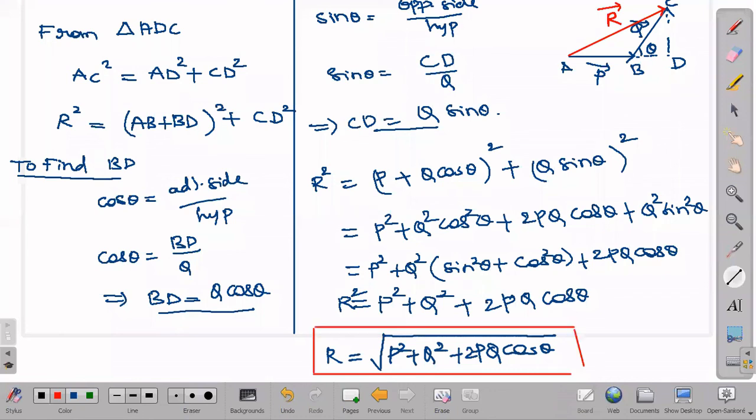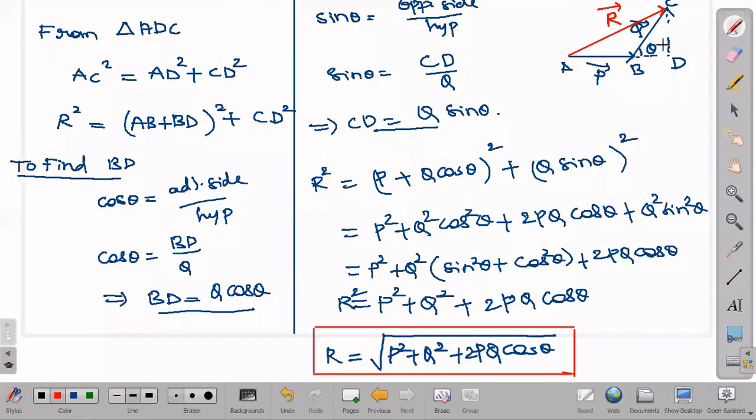Right, so this is how we find the resultant magnitude of the addition of two vectors. When we are adding two vectors and want the resultant, we have to do this when they are inclined to each other. If they are not inclined, if the angle between the two vectors is 0, what happens? This angle is not the angle between them, it is the angle between the vector and this. If we extend that vector, it will be the angle between both of them. That's the reason I called it the angle between them.